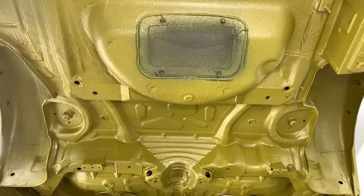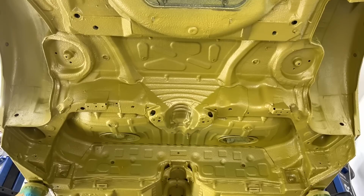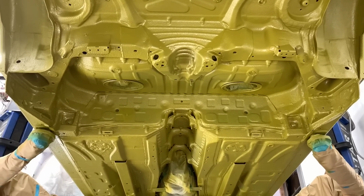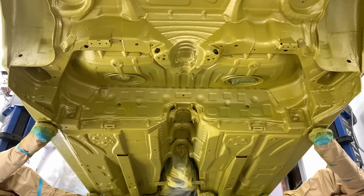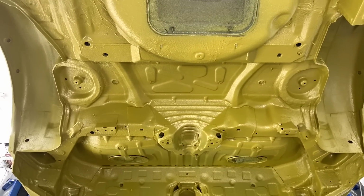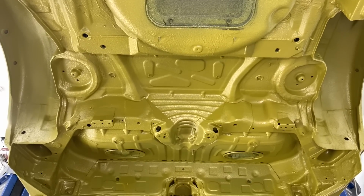Well, we've moved on and progressed well since the last time we looked at the underside of this E46 M3. As you can see, it's now been painted, seam sealed and painted, and the owner wanted body colour, which in this case is Phoenix yellow, which I think is a great choice. It really does complement the underside and makes it look quite something special. So last time when we looked at the car, we were dealing with some of the corrosion points in the central section,